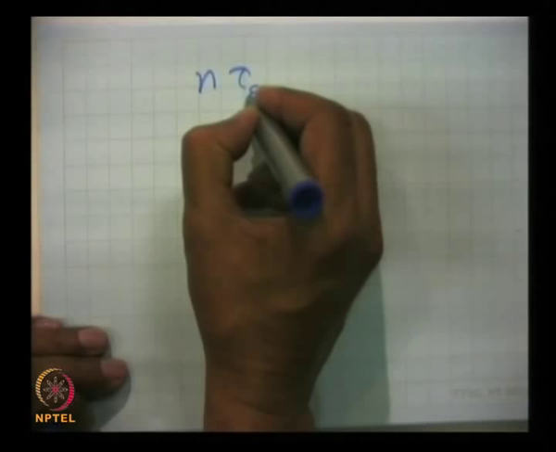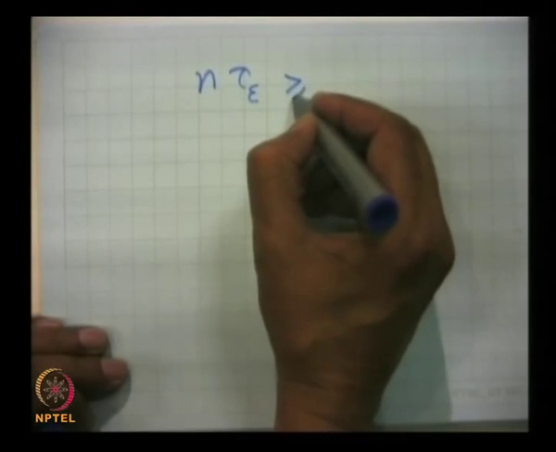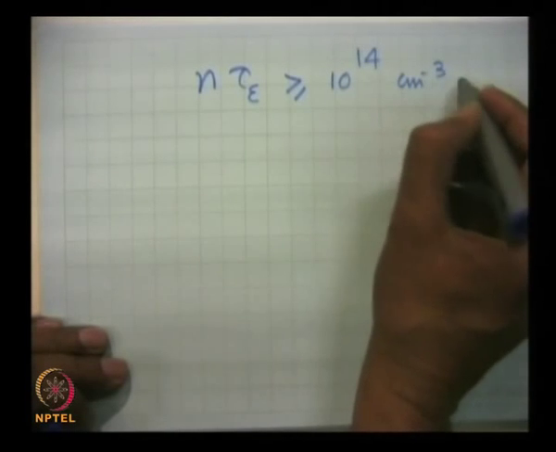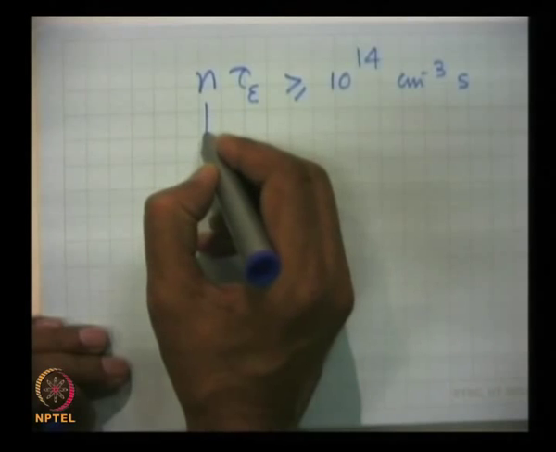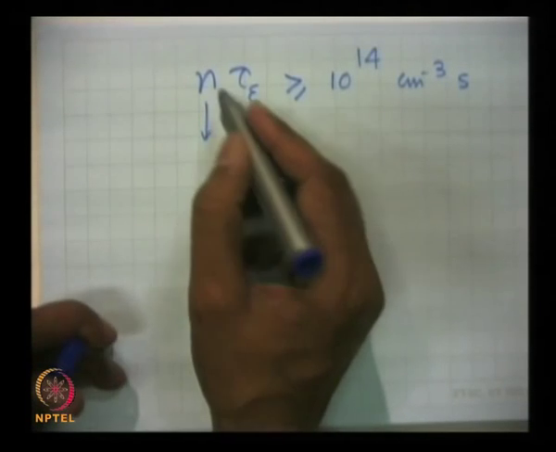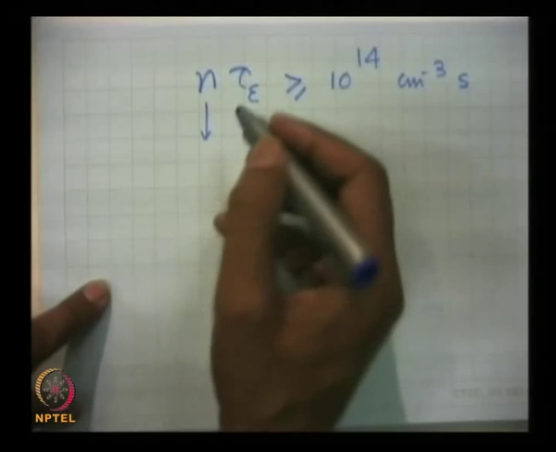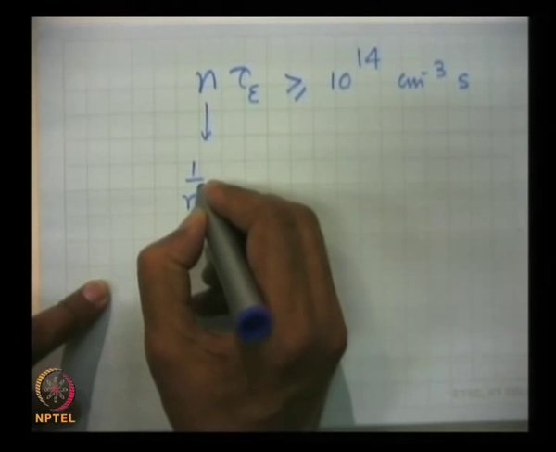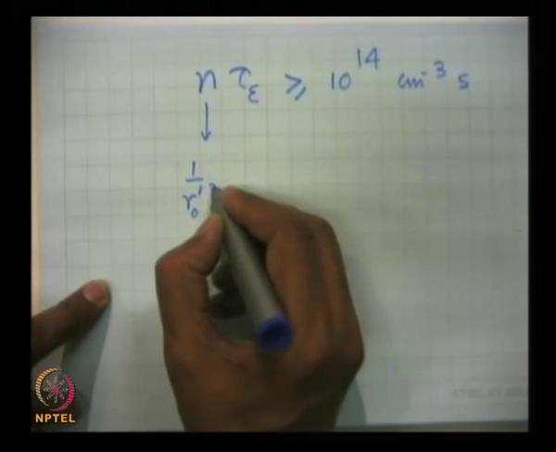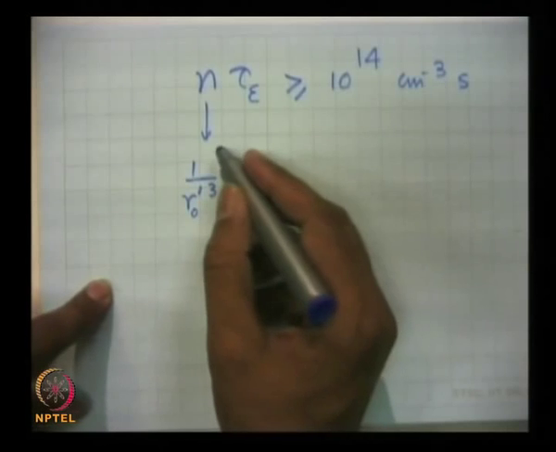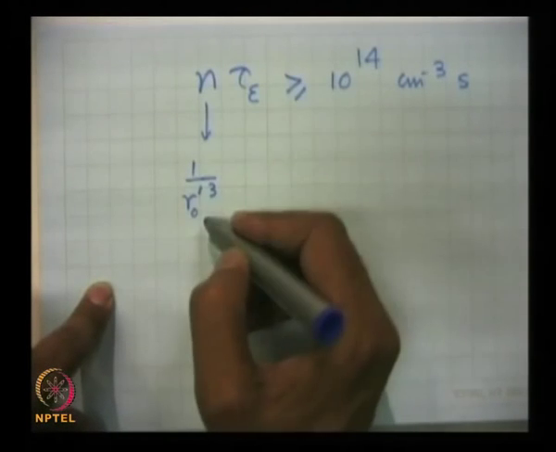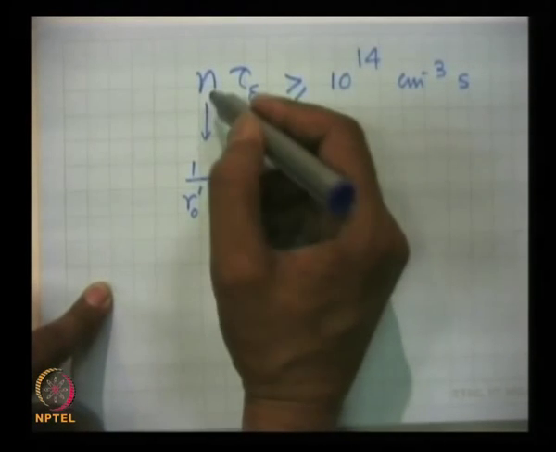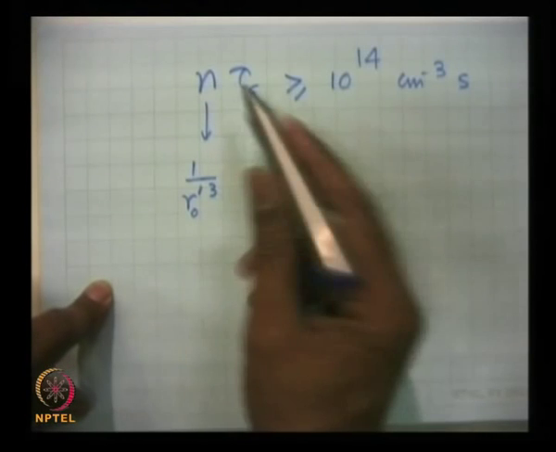product that is of our interest, which I want to be more than 10 to the power 14 per centimeter cube into second. If the size of the pellet decreases, then the density will increase as 1 upon radius of the pellet to the power 3, inversely to the cube of the radius. So, if the radius becomes half, the density will become 8 times. If it becomes 1/3, it becomes 27 times larger, whereas the